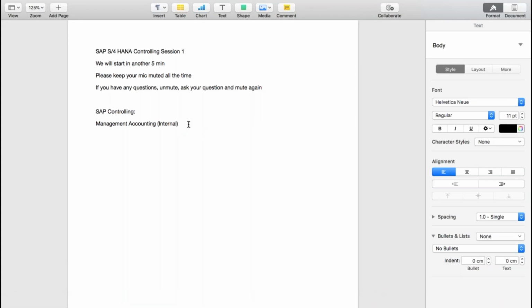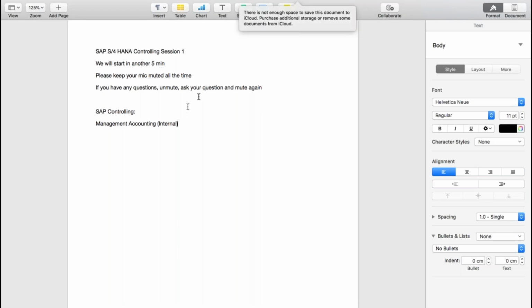Okay. So mainly management accounting is all about internal reporting. Internal reporting means whatever reportings are required within your organization. For example, the example that Bala gave: if you want to perform region wise reporting, if you want to know which region is performing well, or which product is performing well, and what are the different costs involved in your company, who is responsible for incurring those costs, and how can I control those costs. These are all the things that you need to perform at the internal level. It has nothing to do with the external world.